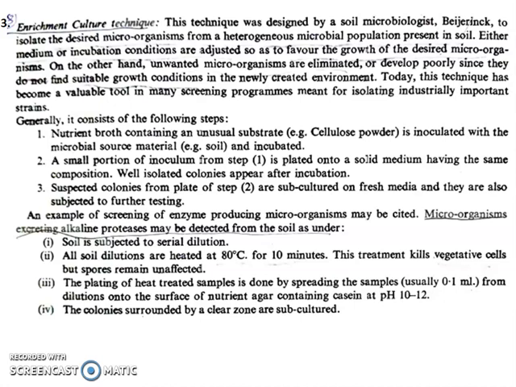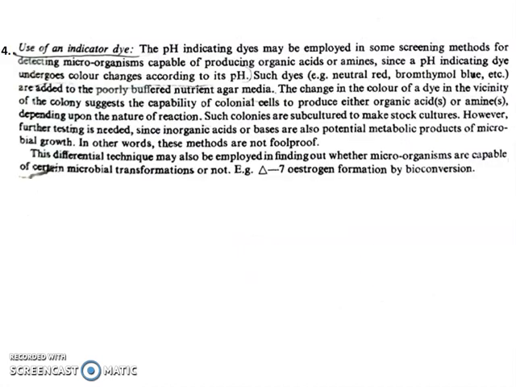The next technique is the use of dye as an indicator. This is very simple, same as what we do in our chemistry lab, isn't it? We use titration steps with phenolphthalein. When you are titrating, it changes to a pink color on adding phenolphthalein, and the color disappears. All of you have done the chemistry practical. What is the basis behind this? Nothing but pH. When it reaches a particular pH, there is a color change. The same thing we are applying here.